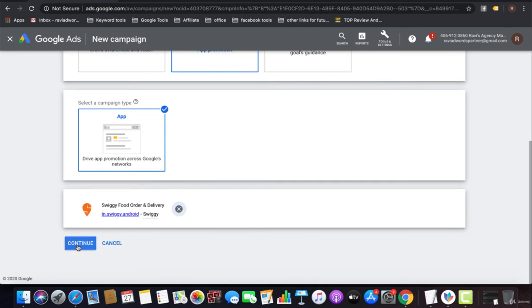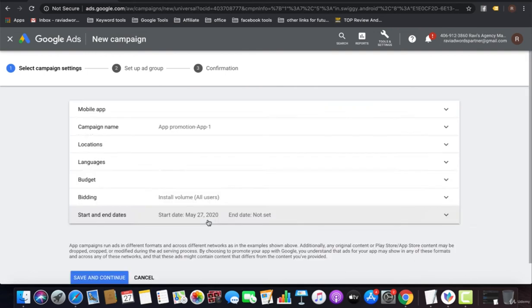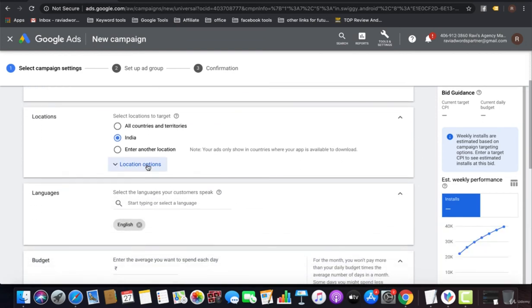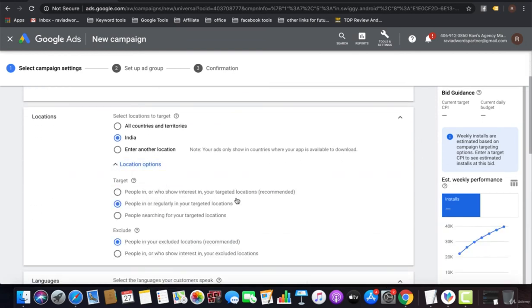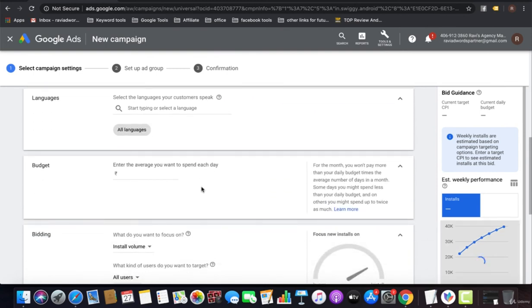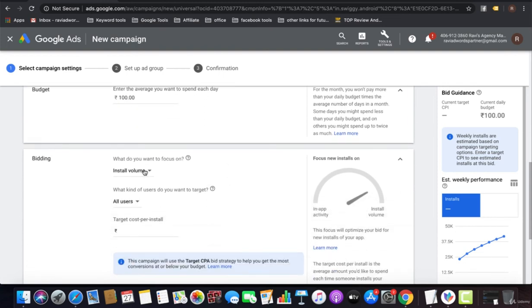I'm going to promote that app, and here you can add the campaign name, and you can target the location as well. Third option, language, all languages, and budget, that is my 100 rupees budget. And what about install volume, like you want to install your app for a particular user, all other types, then you can set your cost per install bid as well.